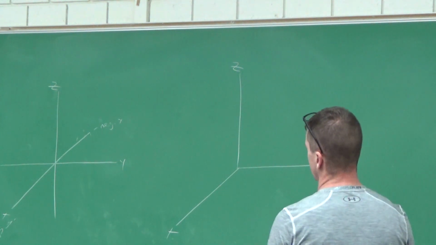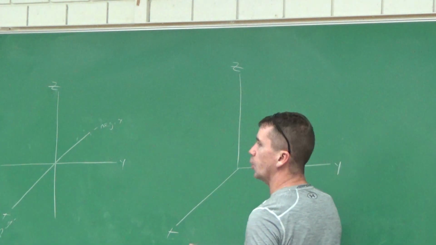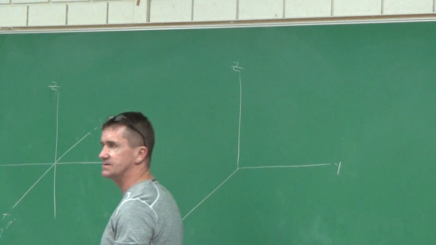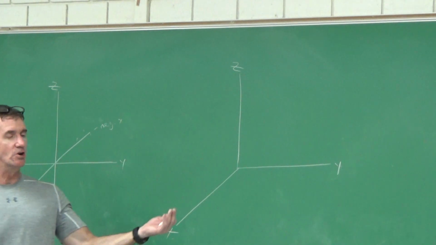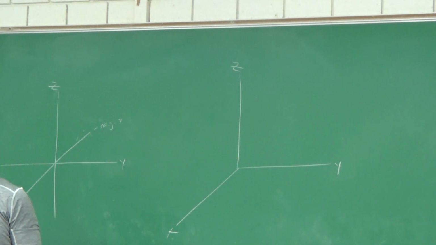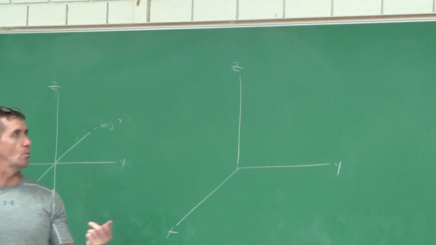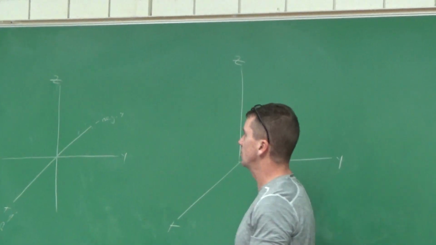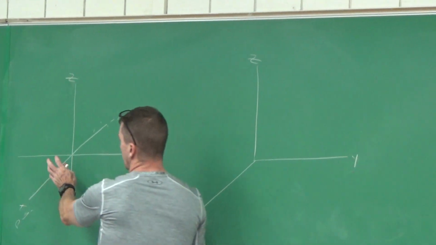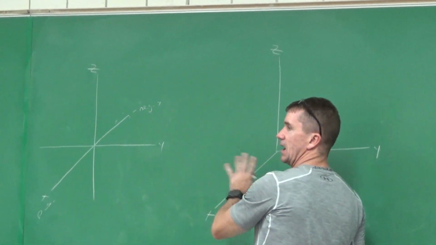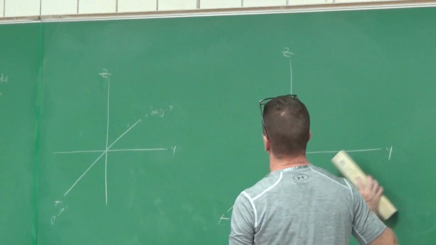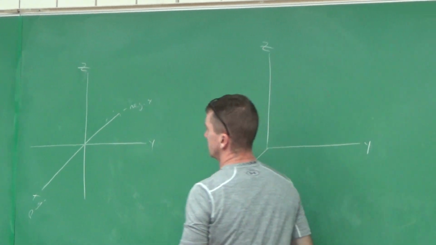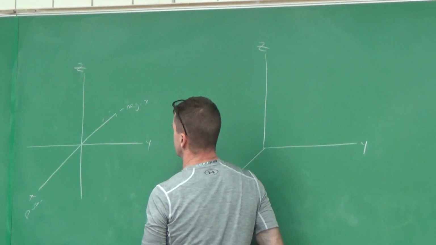We used to call them quadrants, right? Now we have octants. There are 8 octants. We're usually in octant 1 with a lot of these problems. That's where the x, the y, and the z are all positive. You can draw it like this or like this, either way, when we make sketches. But when it comes to plotting a point, let's just say we had to plot